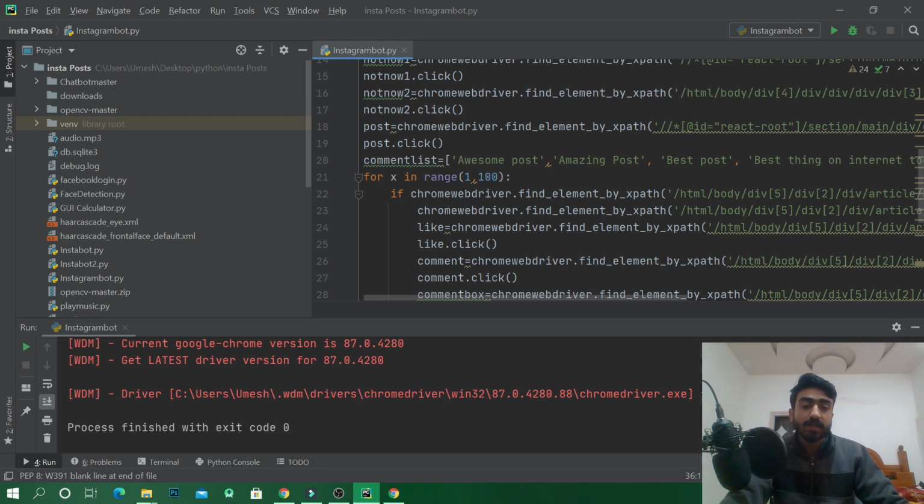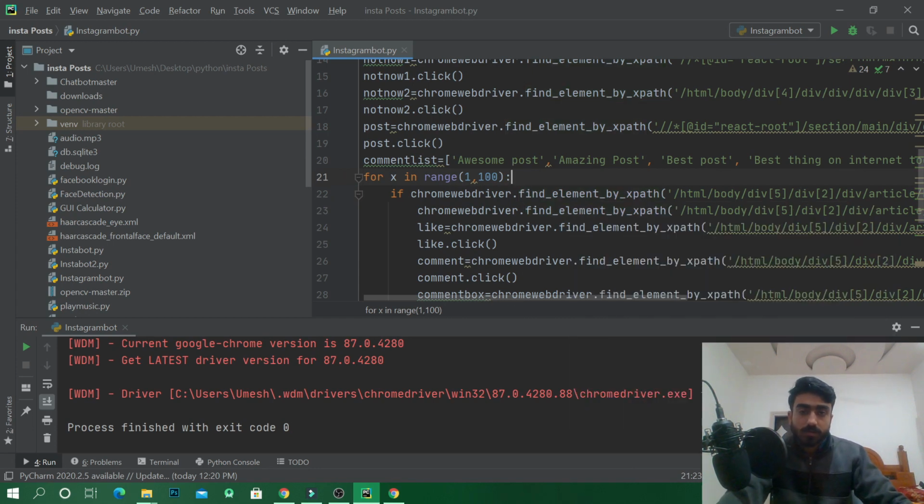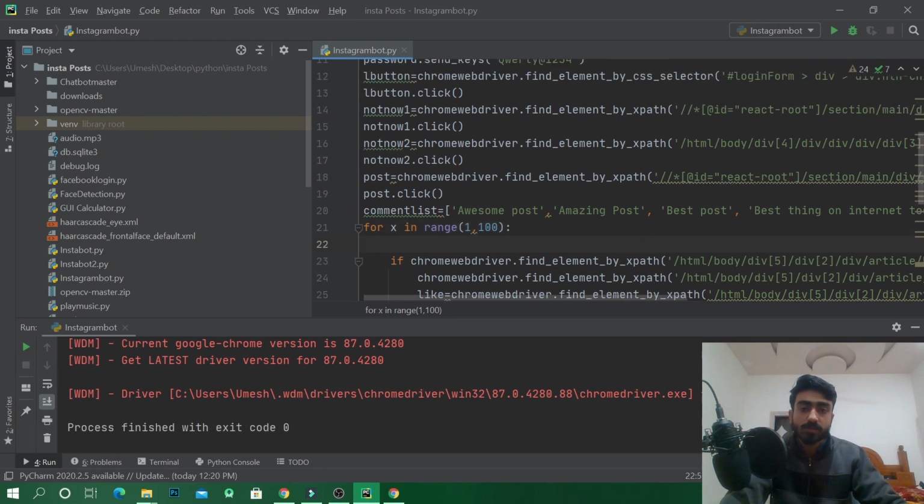If we do not let our program sleep for a few seconds, we will get an error, because our DOM elements are not yet loaded in memory. So we'll get an element not found exception. So here, when we click on the first post, we'll do a sleep of random integer of 2 to 7 seconds.